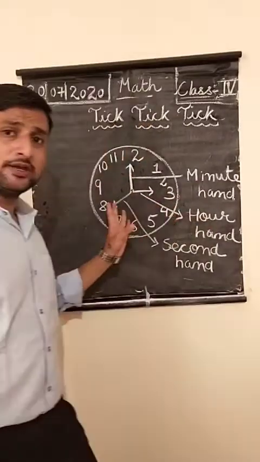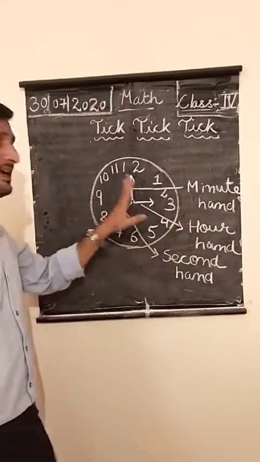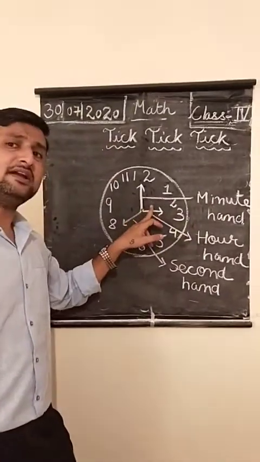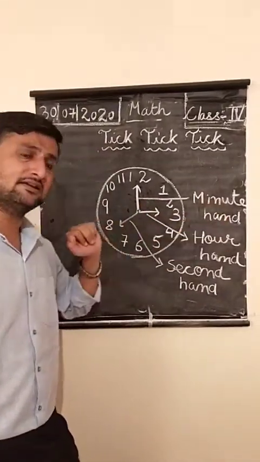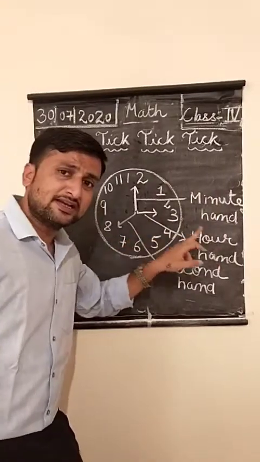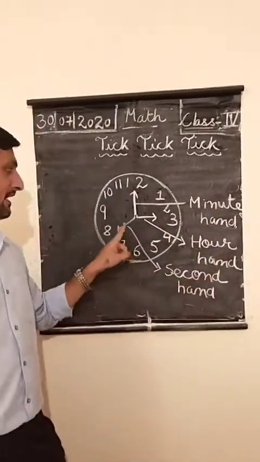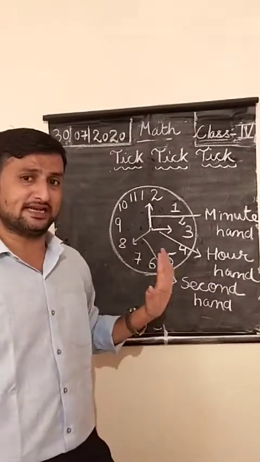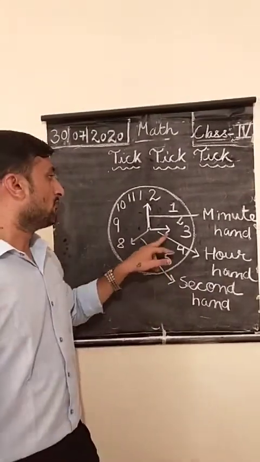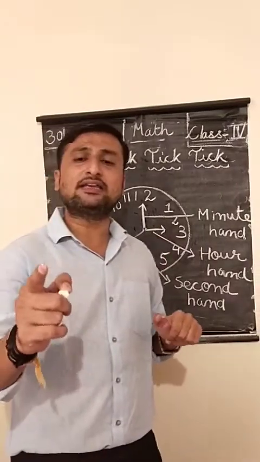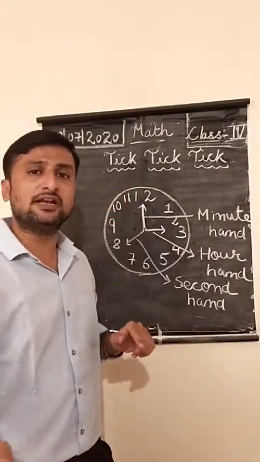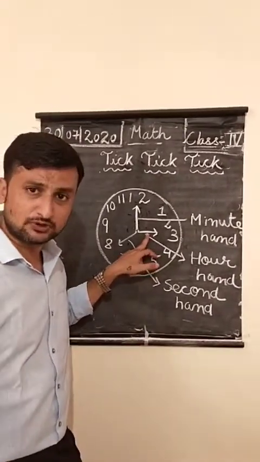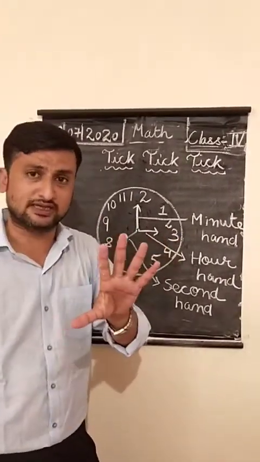Now our clock is ready with the three hands. Once again I will repeat. The bigger hand is known as the minute hand. The smaller hand is known as the hour hand. And the thin hand, जो पतला hand होता है, we know as the second hand. So when our small hand is on any number, we will read that as that hour. जो छोटा हैंड हमारा जिस नंबर पे होता है उसे हम लोग आवर हैंड काउंटिंग करते हैं.